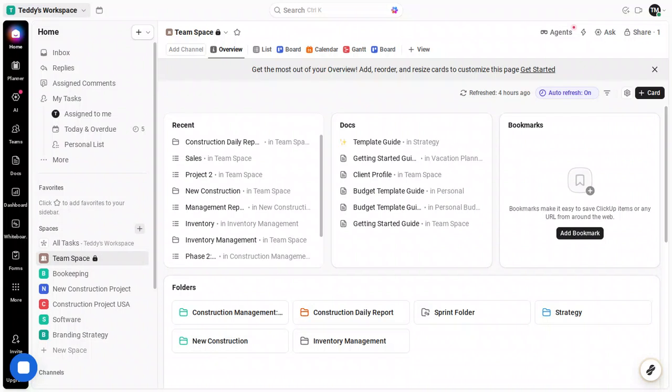In today's video, I'm going to teach you how to create a template in ClickUp the easy way. By the end, you'll be able to take a ready-made template from ClickUp's library and bring it into your workspace with confidence, while understanding the key choices you'll make along the way. I'll keep everything clear, practical, and free of fluff, so you can follow along at your own pace without second-guessing